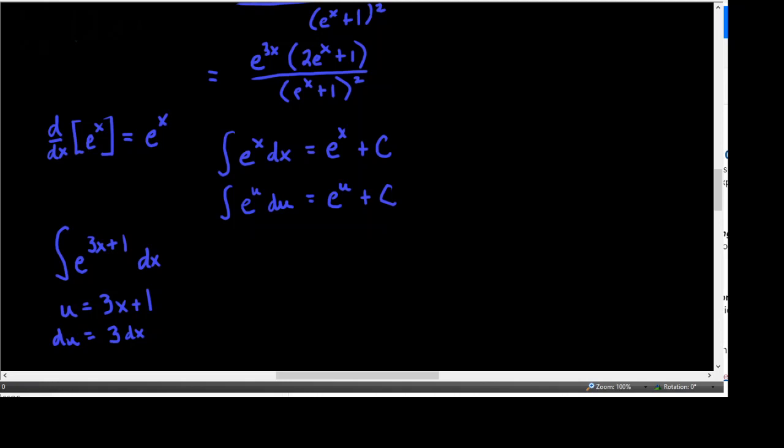So I've got to have all of that du stuff. I have the dx, of course it's critical. I've got that. The only thing I'm missing is the 3, so I'm going to multiply inside by 3 and outside by 1/3. So in essence, I've multiplied the problem by 1. So now I have the 3 I need, and so I'll have 1/3